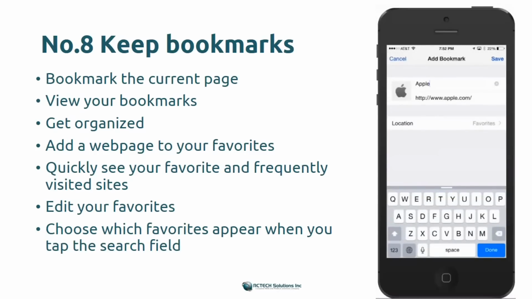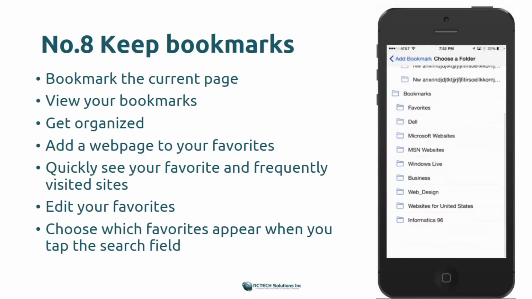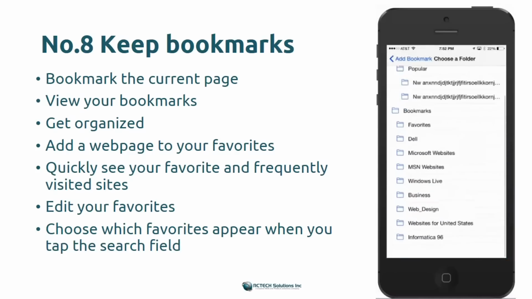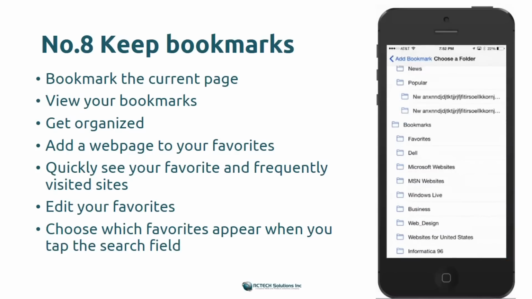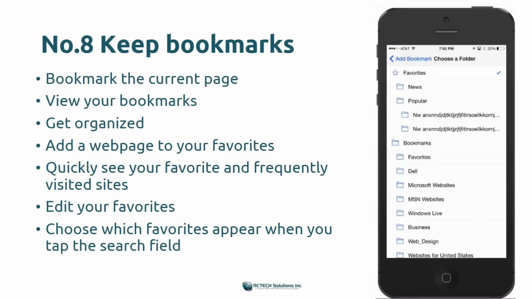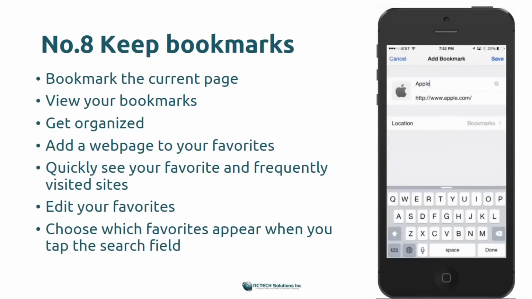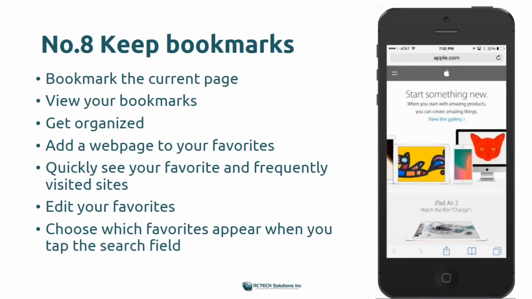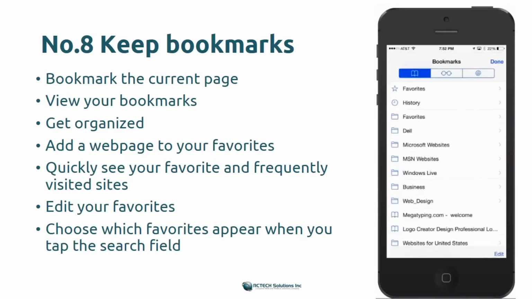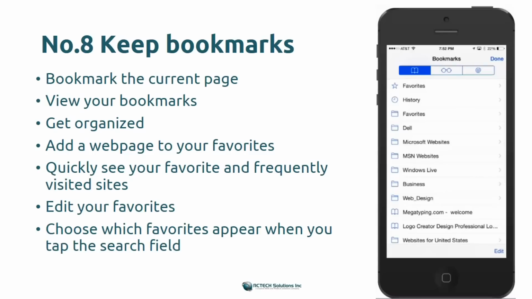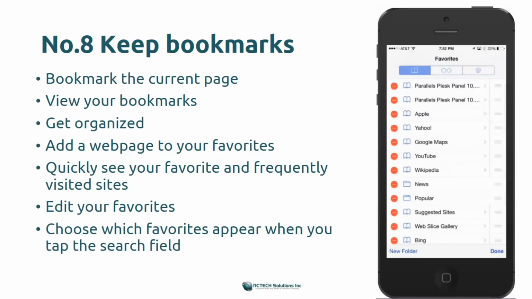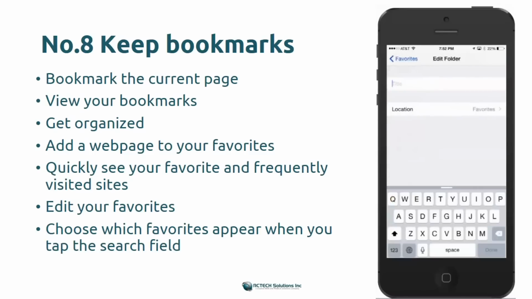Then you can specify the title and the URL, and the location you can specify as any of the folders that you want to create. For example, you already created one, so I put it under the bookmarks folder. Click OK, right? Then if you want to add a new folder like shopping, click on that, go to favorites, edit, new folder,